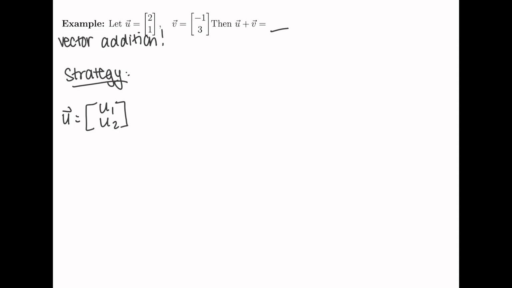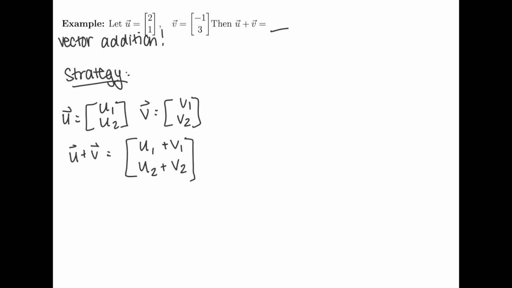When we have a vector u that has components u1 and u2, and a vector v with components v1 and v2, if we want to add u and v together, our first component will be u1 plus v1, our second component will be u2 plus v2. So we are basically just adding across. Knowing this, let's go try our example